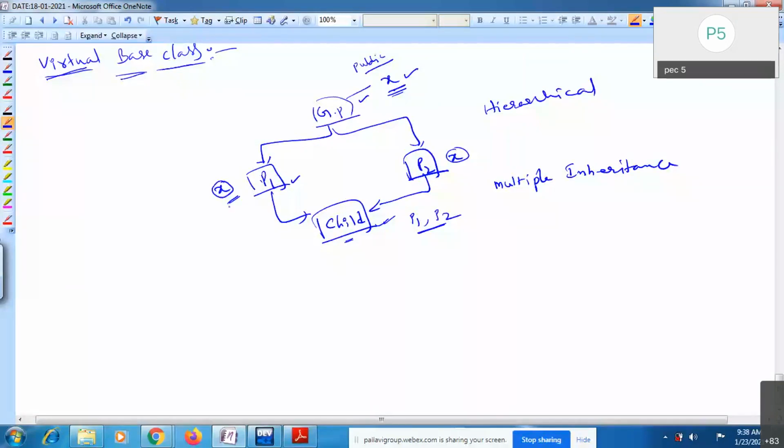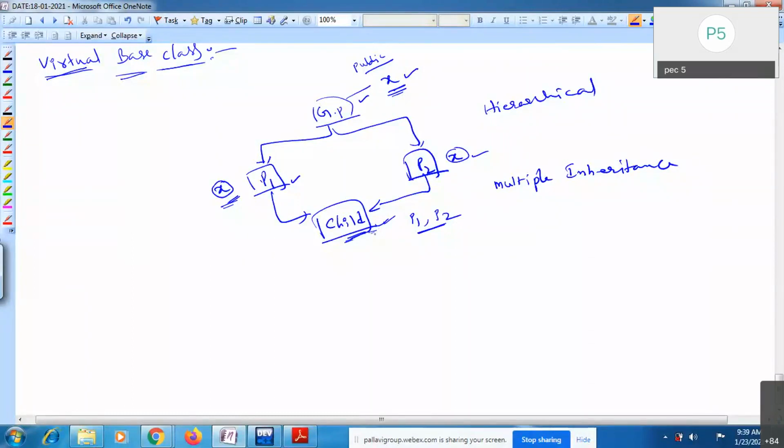Consider both have the same data member X. That X is by default visible inside child, but which base class it comes from is the problem. That ambiguity problem will occur here. To overcome that issue, we take it as a virtual base class.